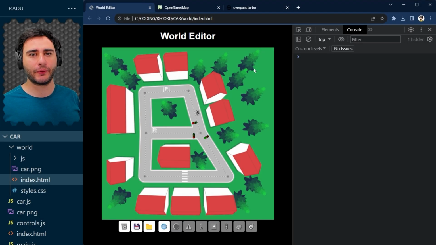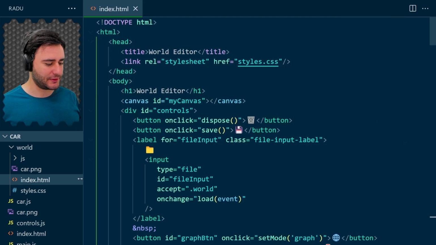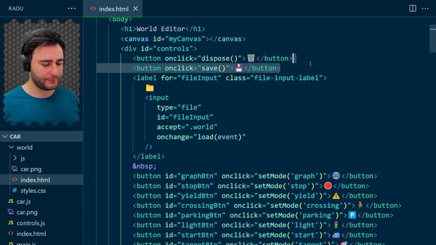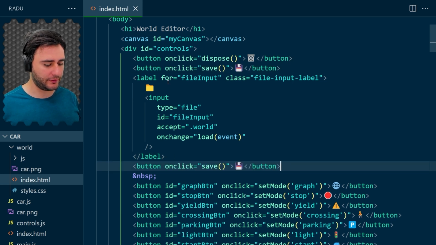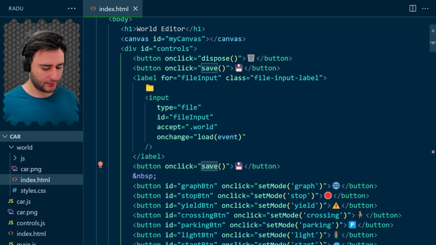To add real-world data into our system, we're going to be working with the world editor again. So make sure you open index from the world folder this time. And here we're going to add a new button. I'm gonna add it here after the load button. And this one will be